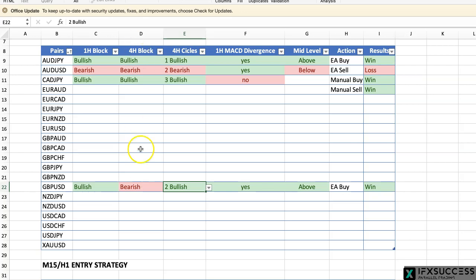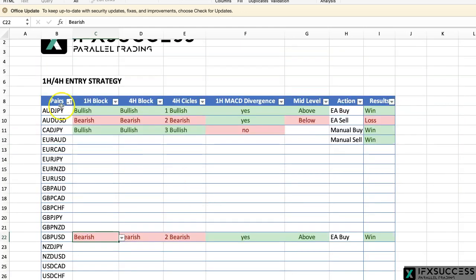Or if you just want to wait for the bearish number two and then eventually wait for a bearish block, then that is fine with me. It's really whatever you like better, but like I say, you can still make a decision based on that. So that's pretty much it when it comes down to the 1 hour and 4 hour entry strategy, right? So we're looking at the 1 hour block. If it happened today or yesterday or even the day before, not too old,